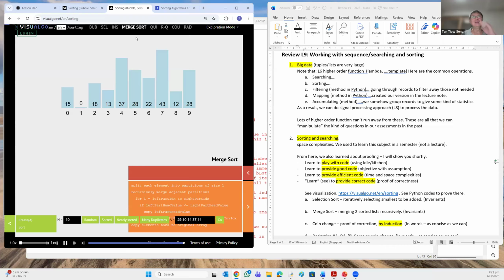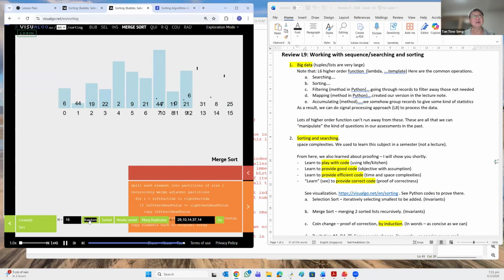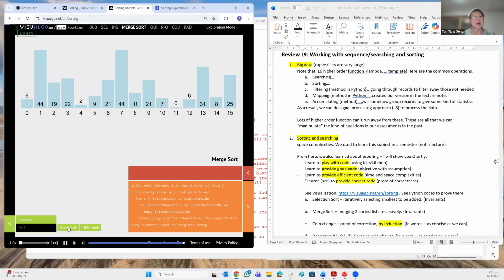So the next one is merge sort. Merge sort is to divide the thing into two halves, and then within each half it does the work recursively, and another half it does the work recursively. So this is how it looks like. Maybe I use 20 or 16, it's easier, maybe random. Okay, so sort, so the depth. So you can see how it